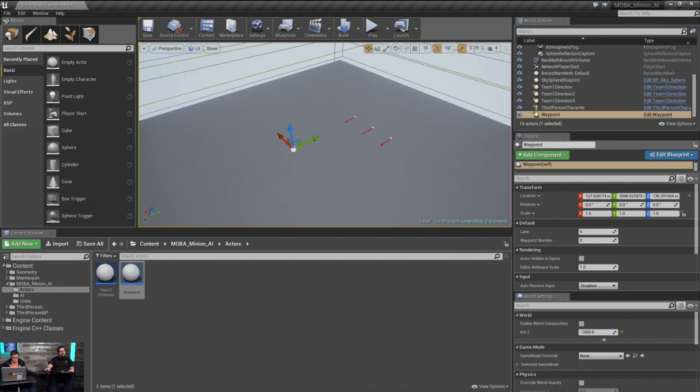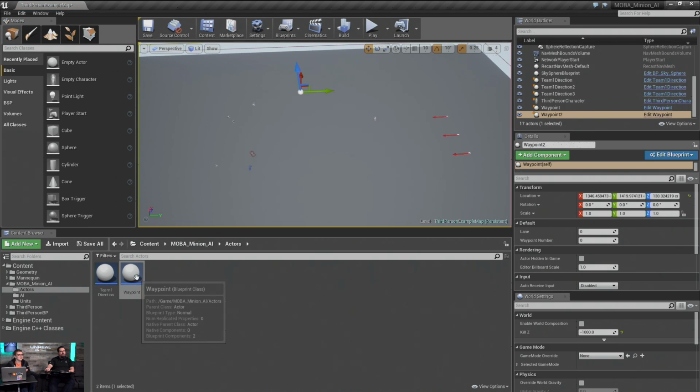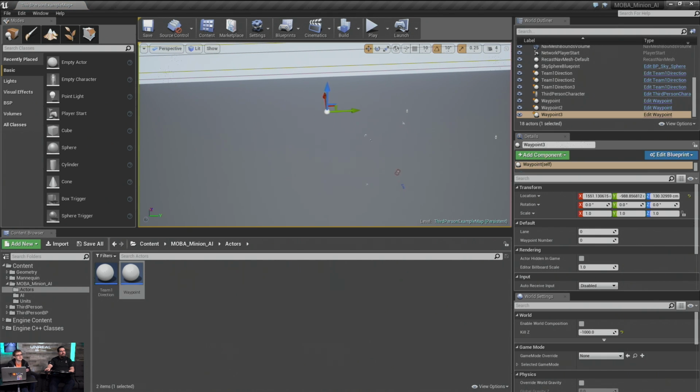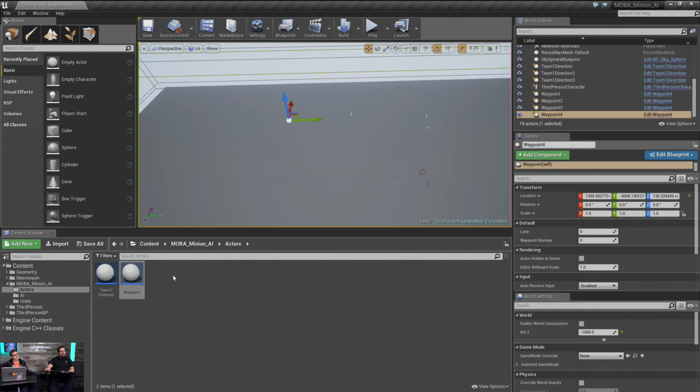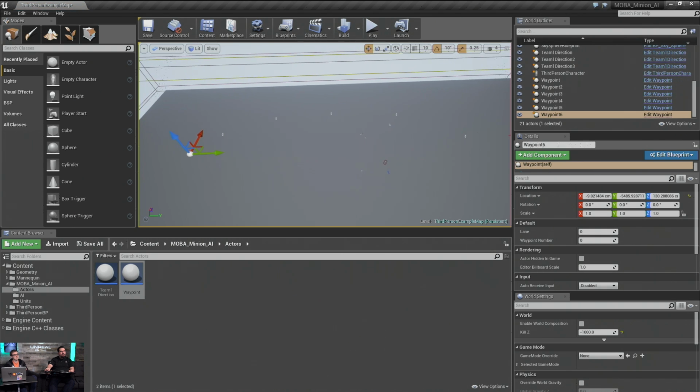So we need an initial waypoint. And then we're going to need subsequent waypoints for the different positions along a lane. All right, so I'm just going to do this in broad strokes, like so. And then one last one to represent the return spawn point.